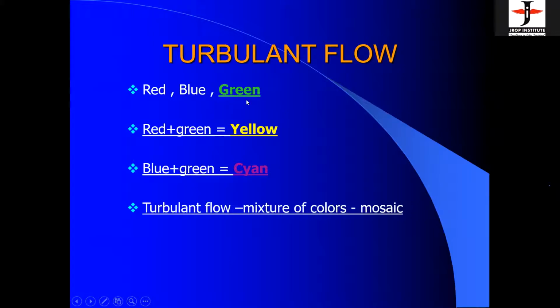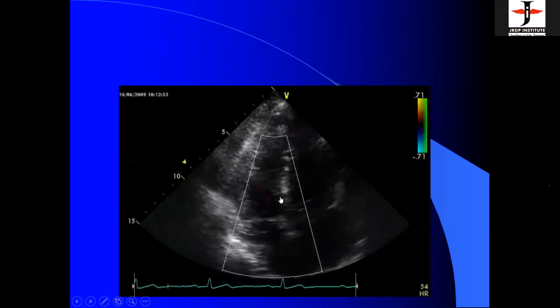Because the beauty of this technology is that it must tell you within a minute where the lesion is. For example, suppose you get a case of a systolic murmur. It can be VSD, it can be MR, it can be pulmonary stenosis. Put a color flow mapping in the pulmonary wall. If there is no turbulent flow, pulmonary stenosis is ruled out. So if you put it in the RV, no turbulent flow; turbulent flow means there is a diseased flow going. For example, again I will show you.